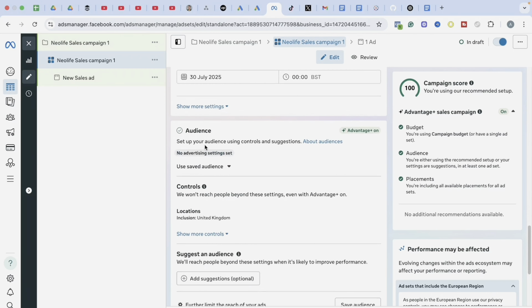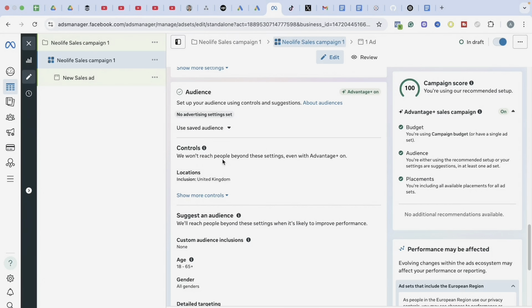Under audiences, this is where you need to get it right as a business. Your audience targeting is very, very important. Gone are those days when you targeted by interest and all those things on Facebook. If you look closely at this part of your ad set, you will see control and suggest audience. Anything you do under control means you are telling Facebook not to go beyond whatever you set up here.